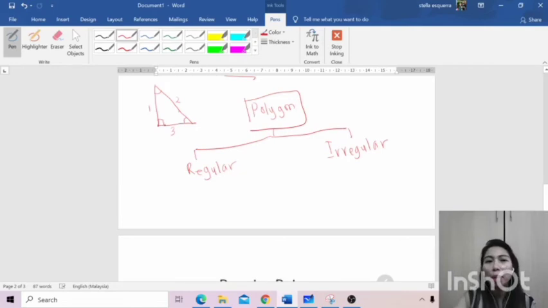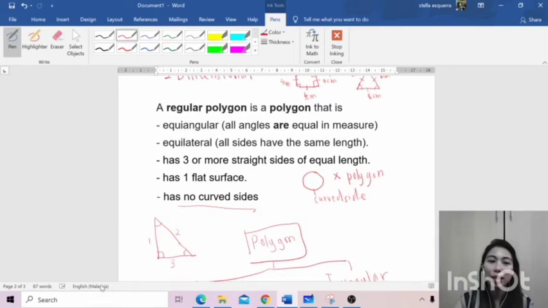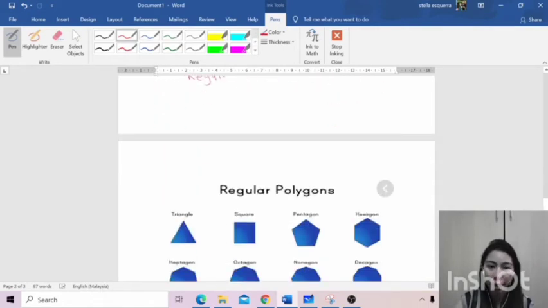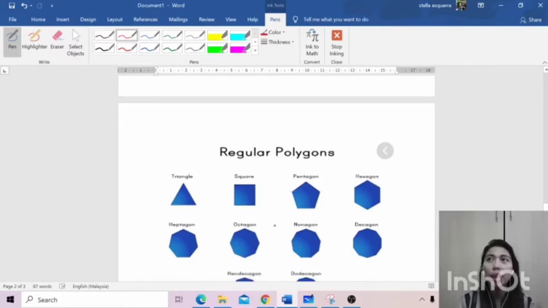Remember this? This type of triangle is a regular polygon because all its angles are equal, all the same. But this triangle is not. So this type of triangle, the square, the pentagon. Where do they get their names? Each name is different based on